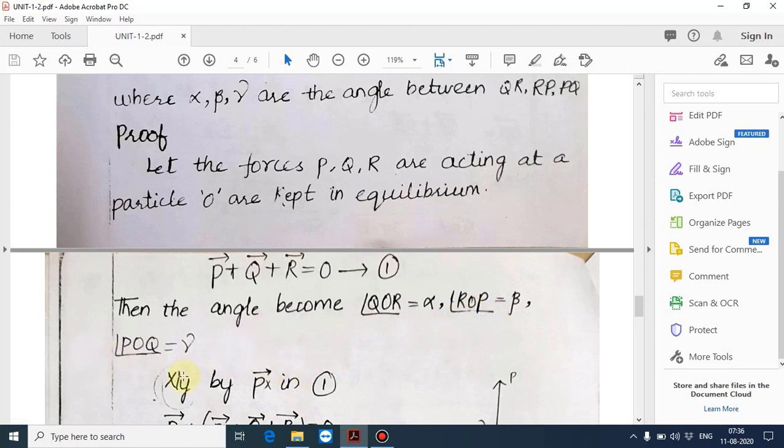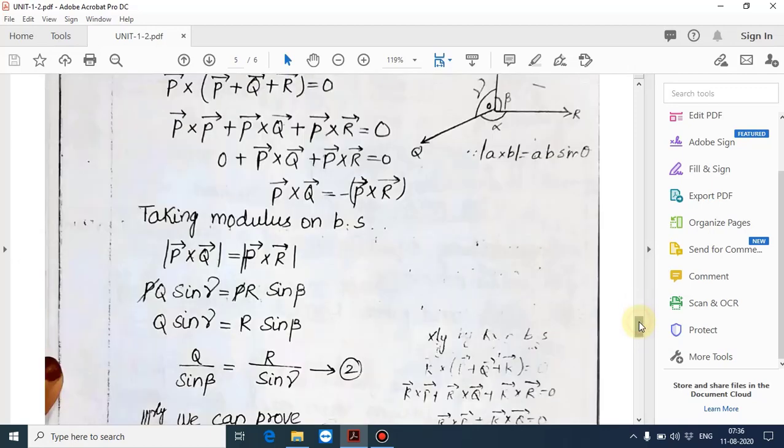Next, what you have to do: multiply equation 1, P plus Q plus R is equal to 0, by P. Equation 1 multiplied by P, so what you will get? P vector cross P vector plus Q vector plus R vector is equal to 0. If we multiply P vector by everything here,